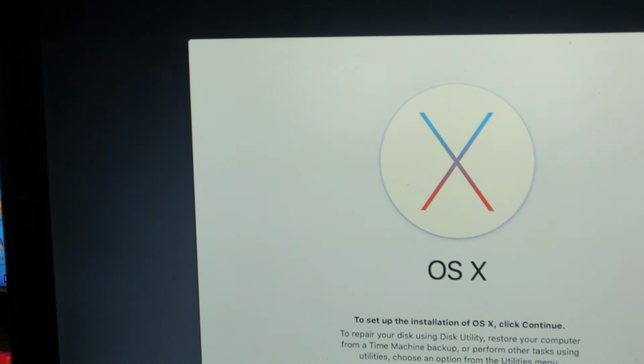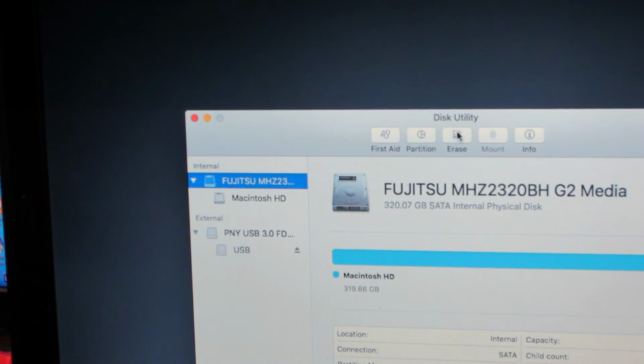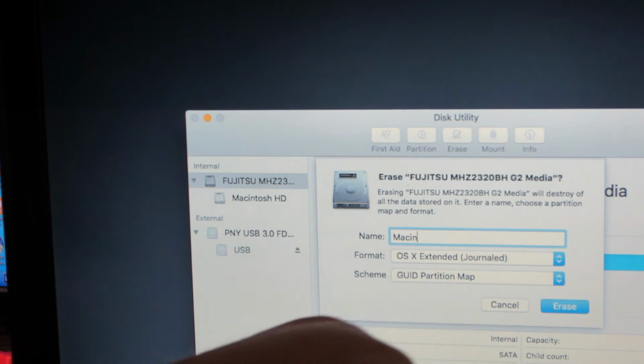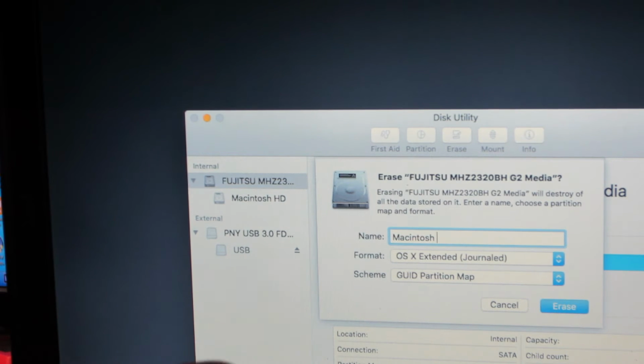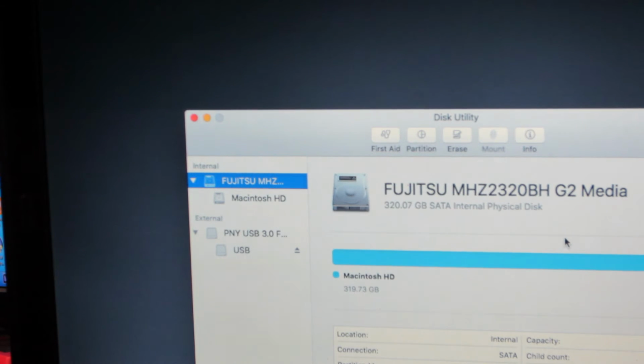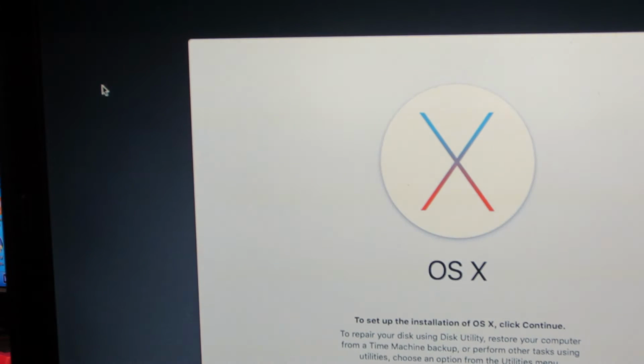So now you're gonna go up to utilities and disk utility, and you're gonna choose your main hard drive. And then you're gonna hit erase and name it like Macintosh HD. Okay, God bless me. And then you just have to hit erase. Hit done. And then go up to disk utility and hit quit disk utility, and then just hit continue,